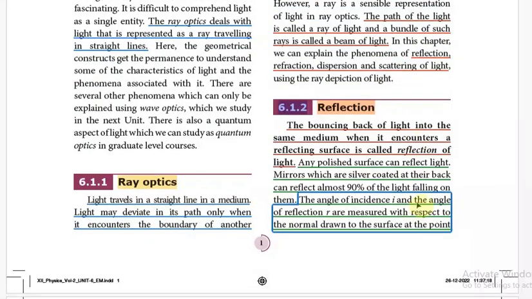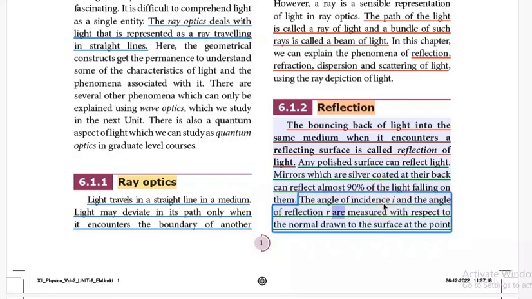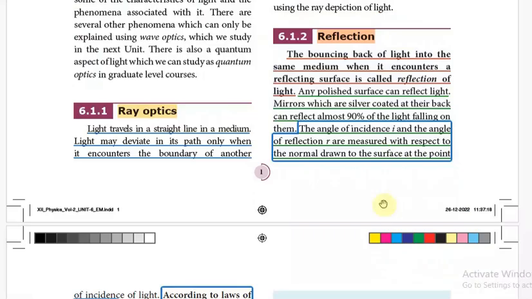6.1.2 Reflection of light. The bouncing back of light into the same medium when it encounters a reflecting surface is called reflection. Any polished surface can reflect light. Mirrors which are silver-coated at their back can reflect almost 90% of the light falling on them. The angle of incidence i and the angle of reflection r are measured with respect to the normal drawn to the surface at the point